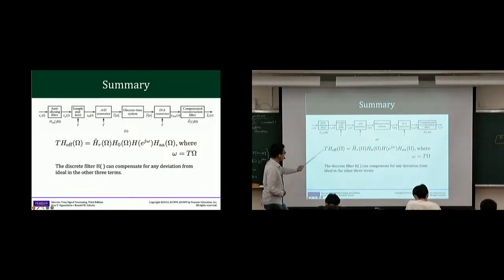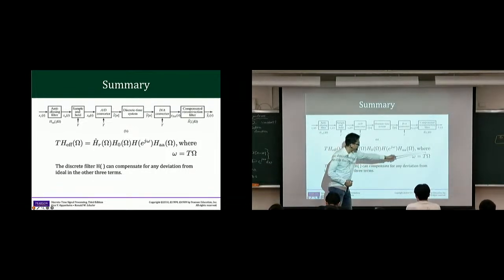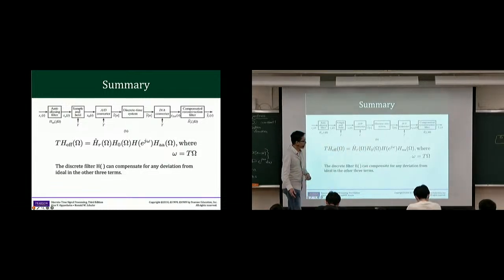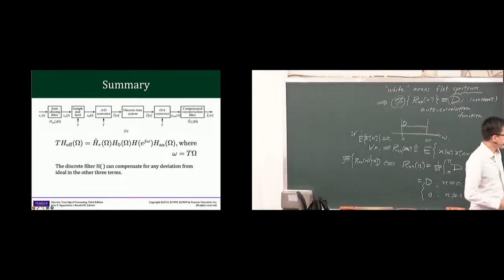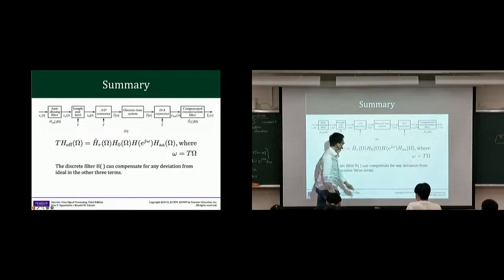Everything here happens in the big omega domain. But for the relation between big omega and small omega, we have the relation that I introduced to you a few weeks ago. Big omega has a unit of, for example, radian per second, but small omega has the unit of radian per sample, right? So there's this equality that's useful.